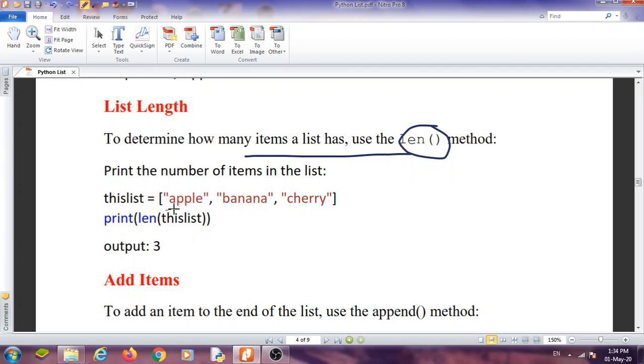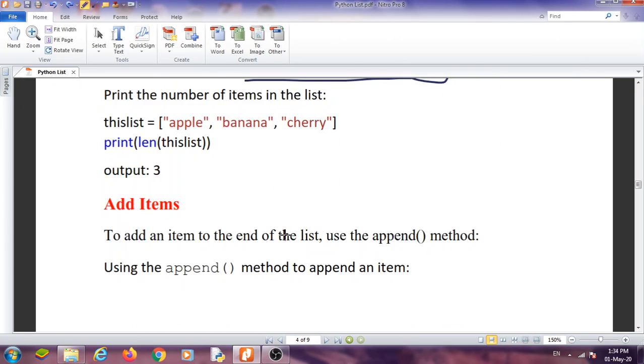This list has 3 elements, so len of this list will output 3. This is the first element, second element, and third element.